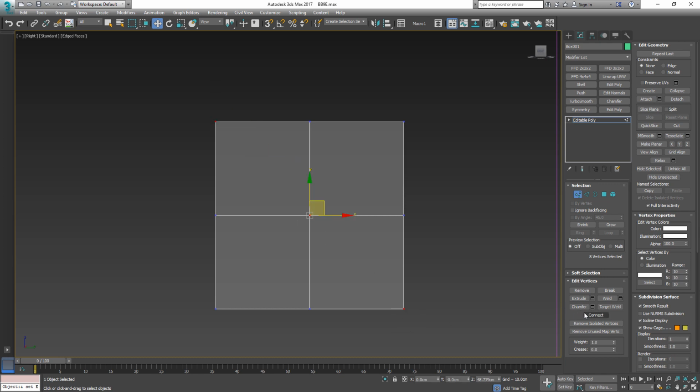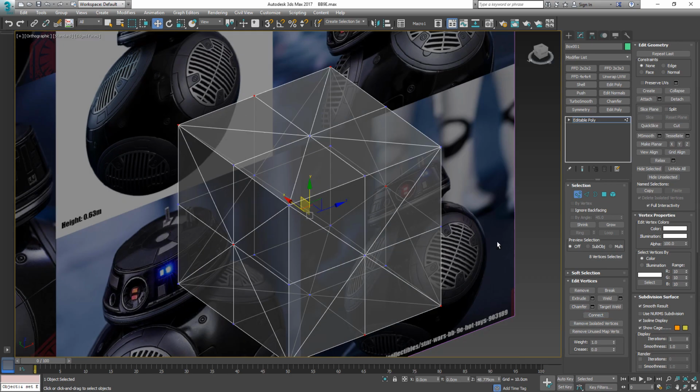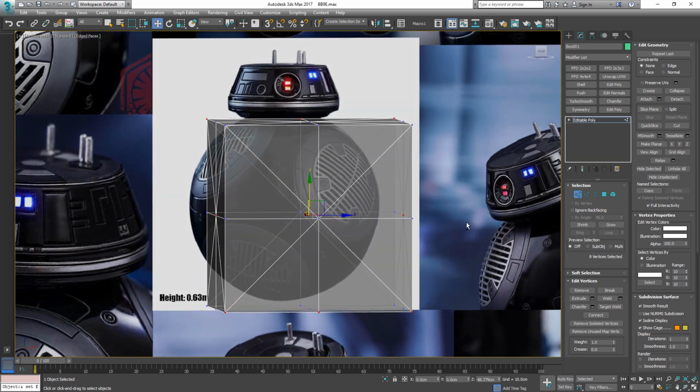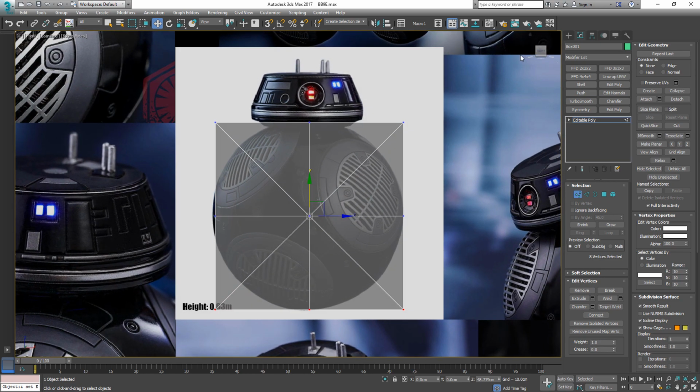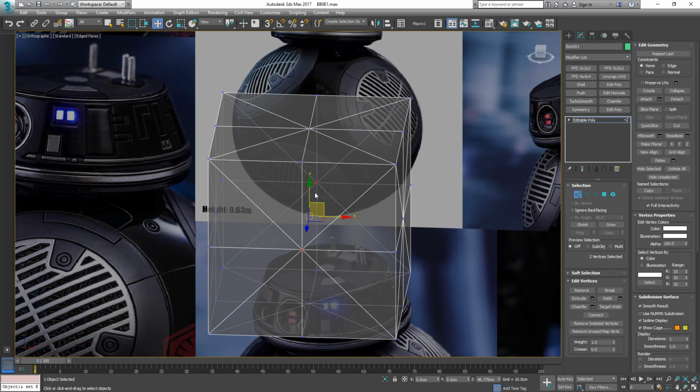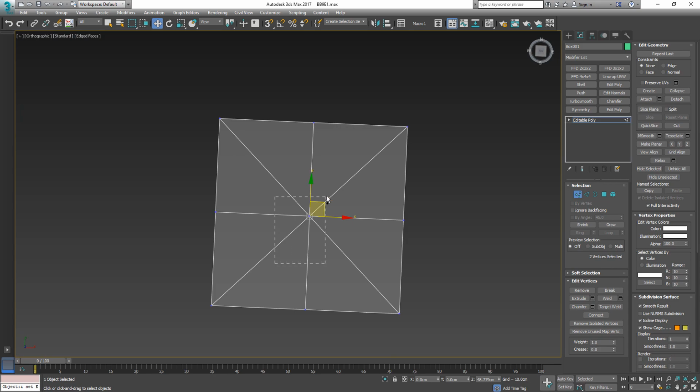Press Ctrl and then press connect and do it also here. So now everything should be looking like that on your end. So now let's just click anywhere, so we deselect the selections that we had before. Let's go back and select all the center vertex points